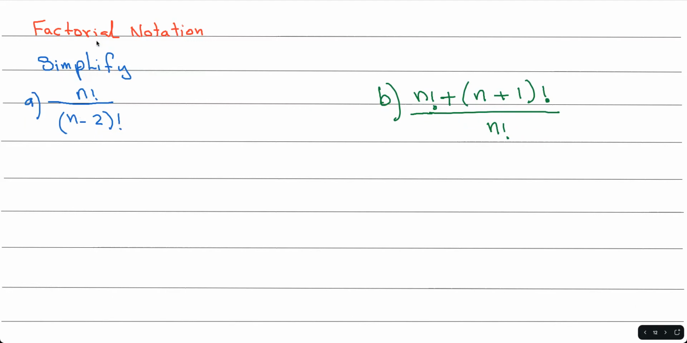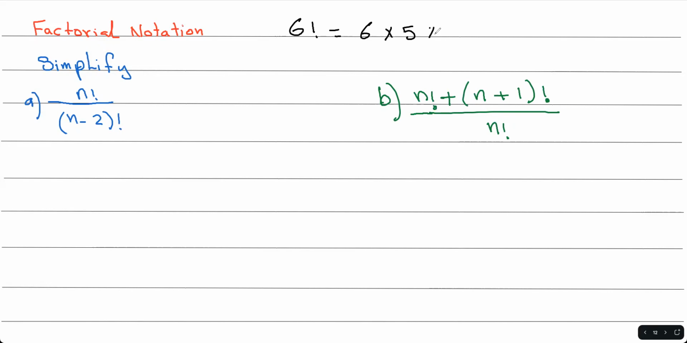So here's factorial notation, simplify this. And this is the second question. Now, to understand what factorial means, if we have, let's say, 6 factorial, it means 6